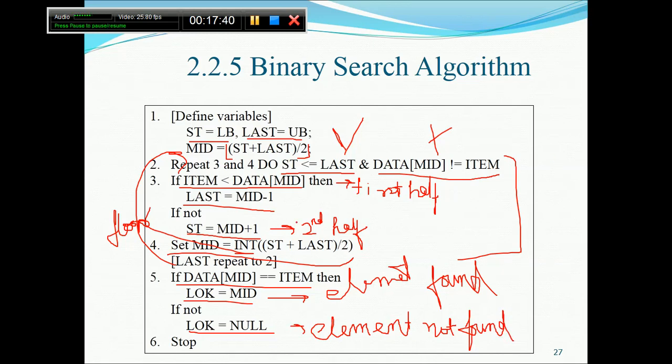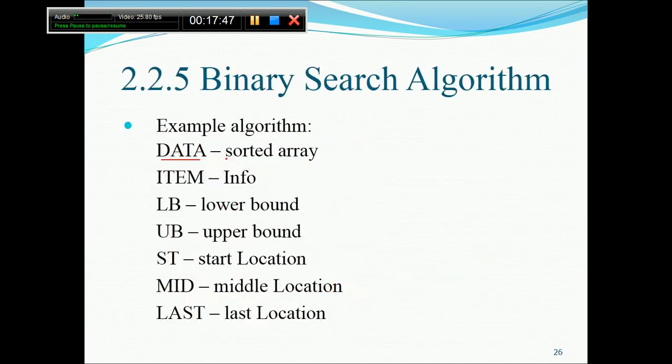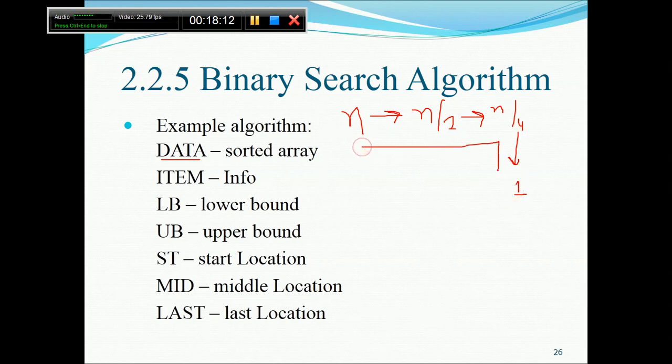Now this is the binary search algorithm. The second thing is, what is the time complexity? We'll take an example. After the first iteration, suppose it is not a successful search, the array size would be reduced to n by 2. Again it will reduce to n by 4. Eventually it will reduce to 1. The number keeps reducing by half. That would be the pattern.